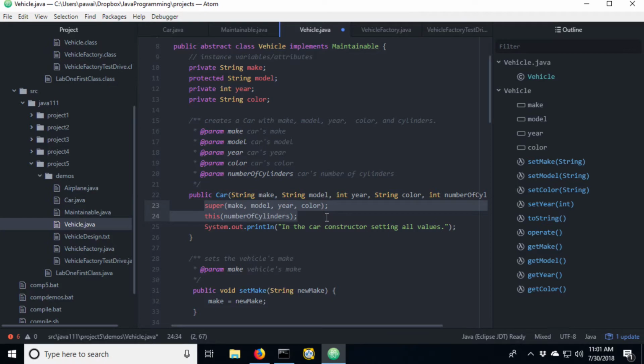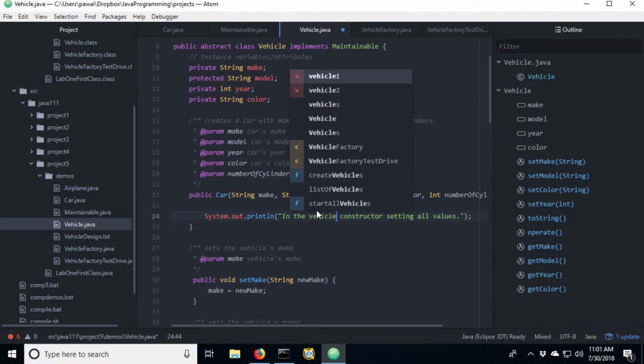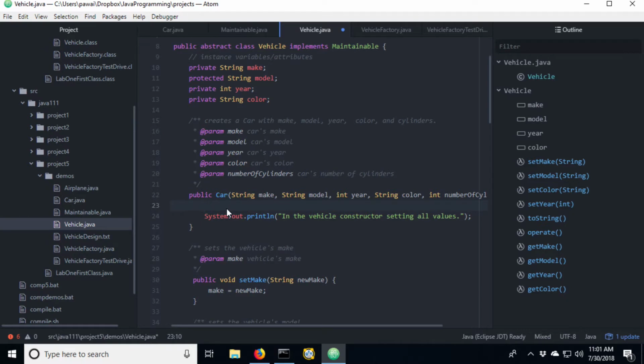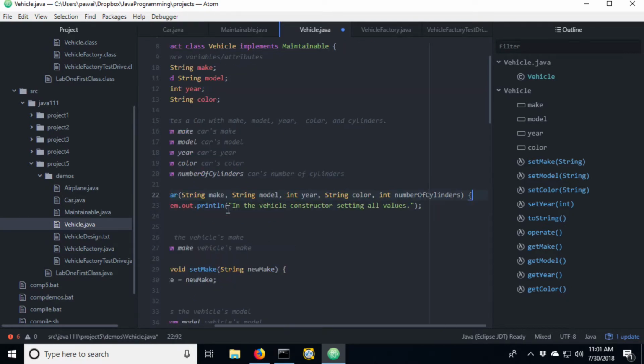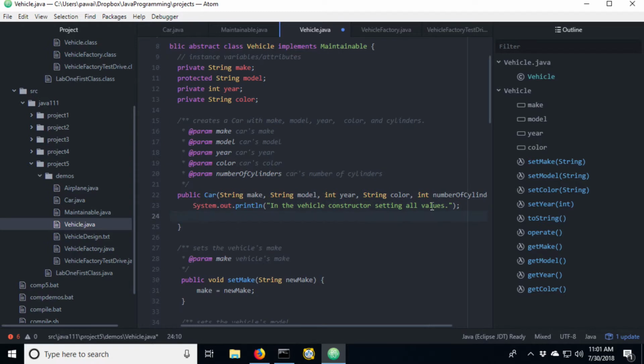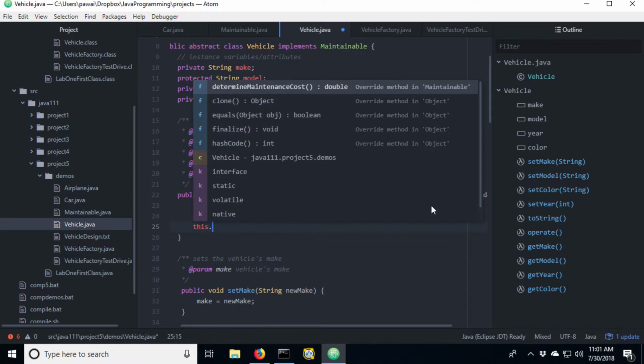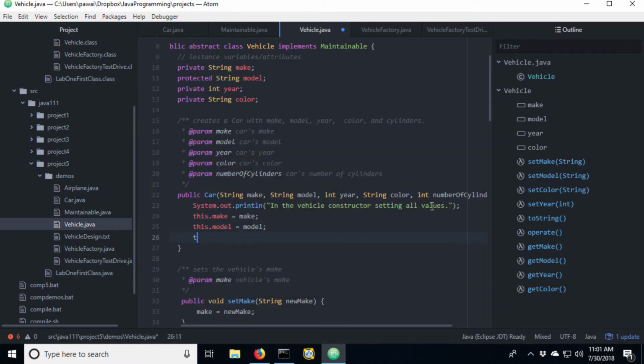So here we're in the vehicle constructor, setting all the values. And so we'll go ahead and this dot make equals make, this dot model equals model, this dot year equals year, and this dot color equals color.